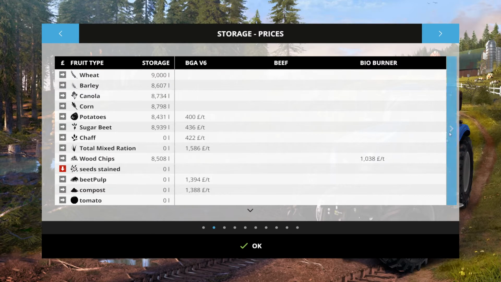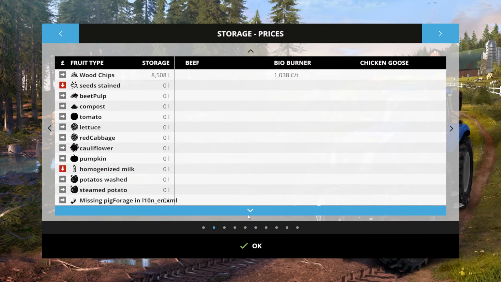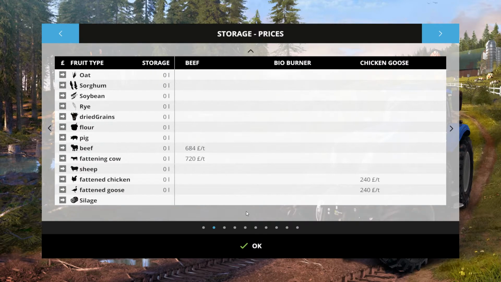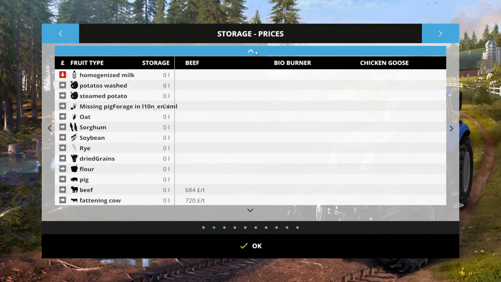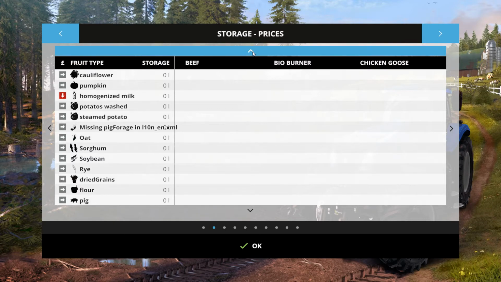Alright, you've got the BGA, you've got your beef sell point, your bio burner, which is for wood chips. You've got chicken and goose according to this, which I haven't even looked to see what we've got on there. Yeah, fattening chicken, fattening goose on here, sheep, fattening cows, beef, pig. So you've got a goodly selection of silage there, flour, dried grains, my word, rice, soybean, sorghum, oats, missing, well, a lot of pig forage there,